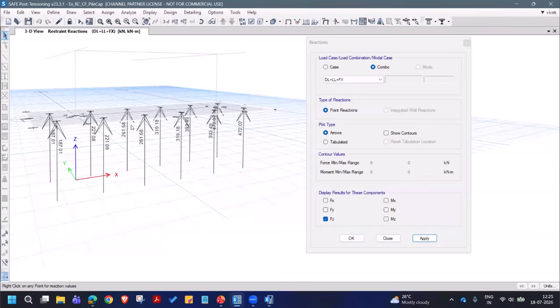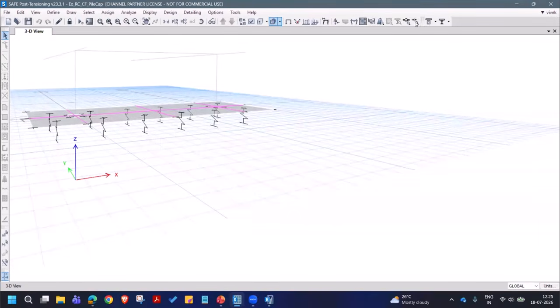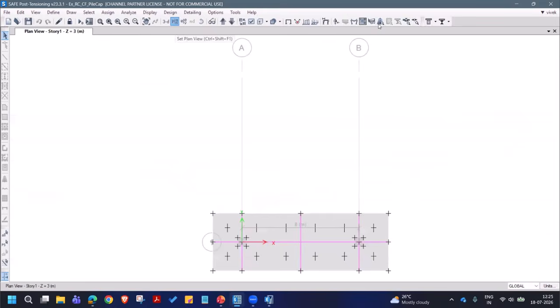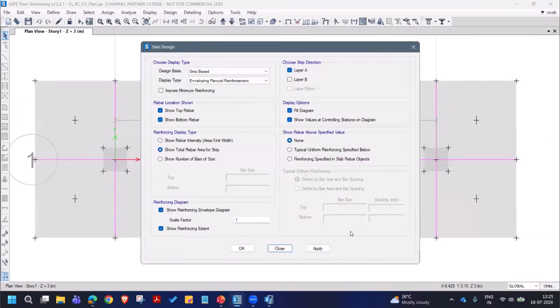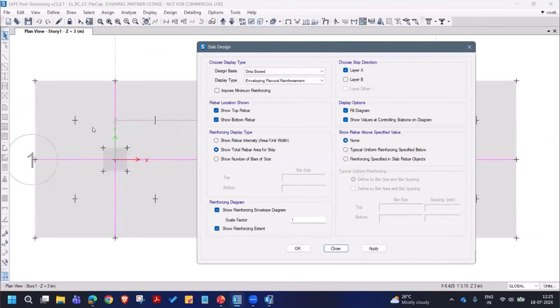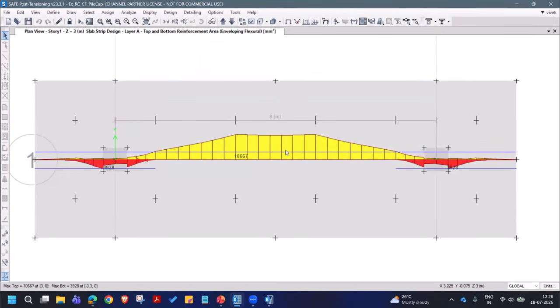The reactions are vertical, upwards. That is, no tension in the piles. All right. Next, you can perform the design. Design is already performed. Now we can check the design output based on the strips and use like this, and it is going to give you the visual output, right? You can also modify the strips